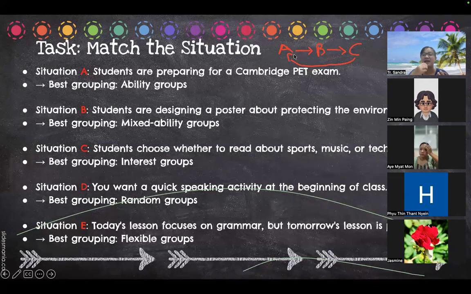you have to let your students form a group of 4 on their own, like this, right? At the time, a student says, teacher, I just want to work with this teacher, I just want to work with that teacher, teacher Jasmine, I don't want to work with others. It's me, flexible groups, teacher. So A wants to work with B, B wants to work with C, C wants to work with A, like